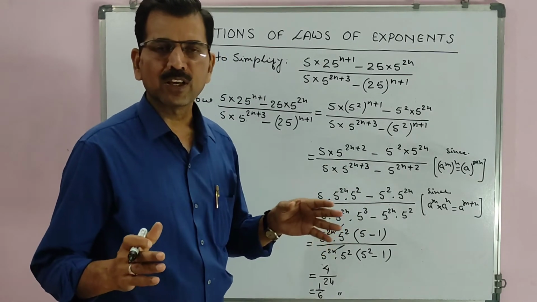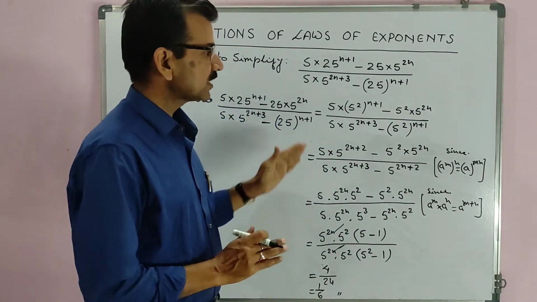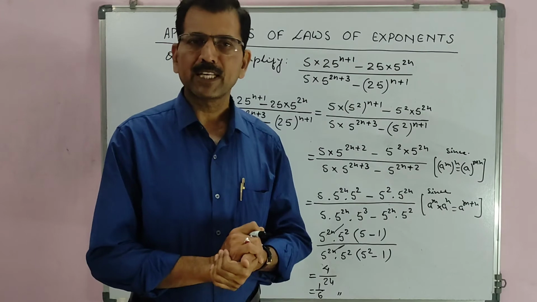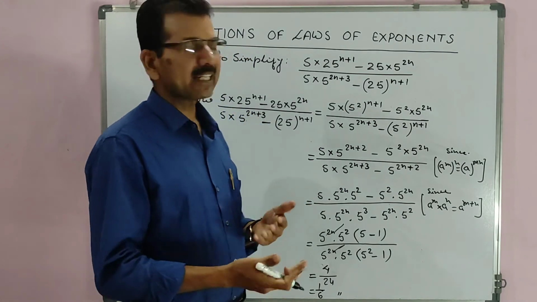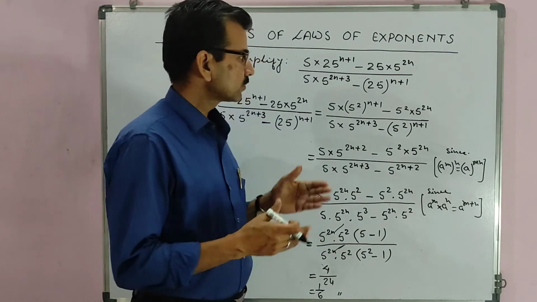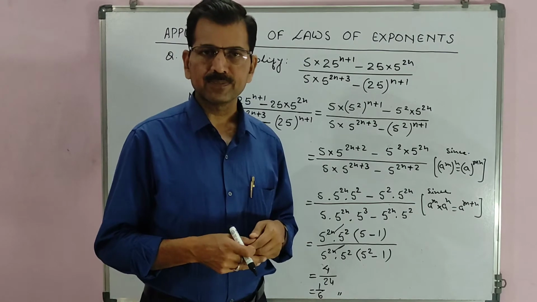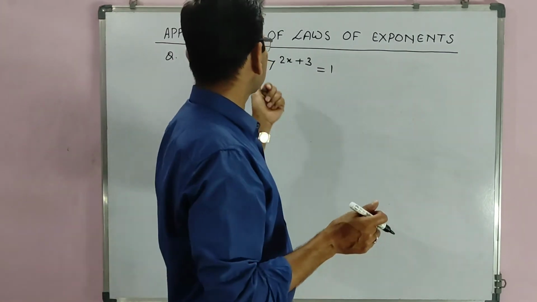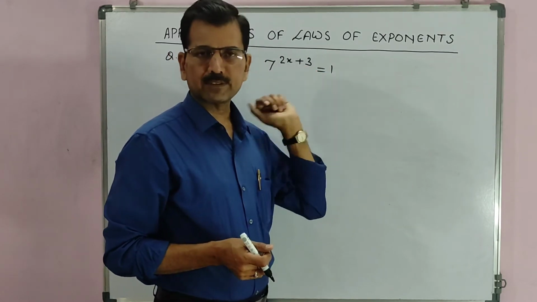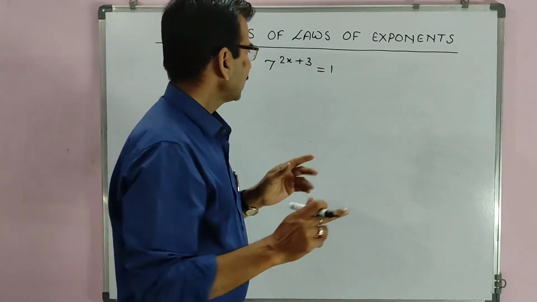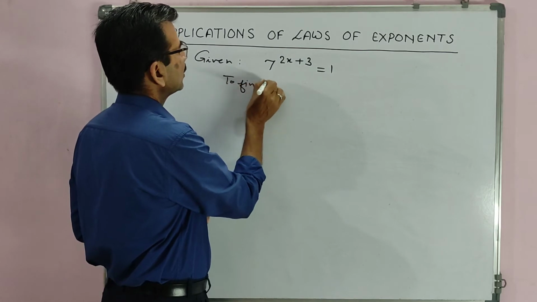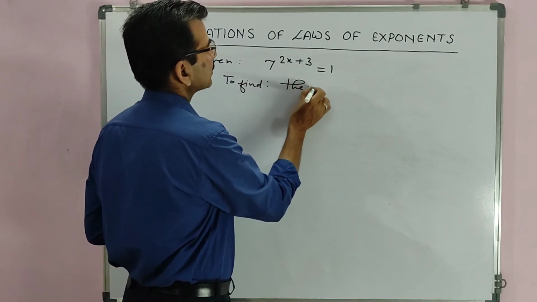Clear to you, children? I hope it is clear. Okay, and we can solve many questions of this type which are given in the book. I hope no problem will be there. Okay, now we will take another type of questions. Right? Okay, let us see those questions. Few questions from those type also we can take. Okay, good. Now children, this given here 7 raised to power 2x plus 3 is equal to 1. Okay, one statement given, and it is given here also to find, what is to find here? The value of x.